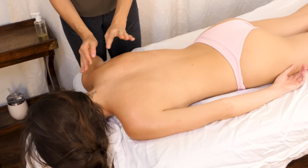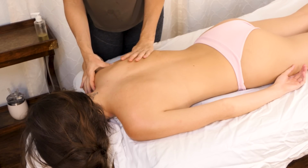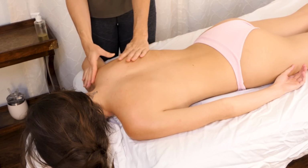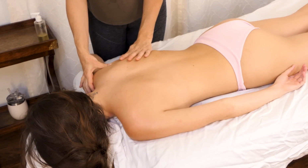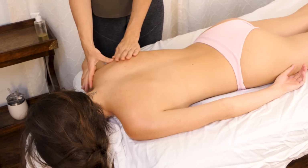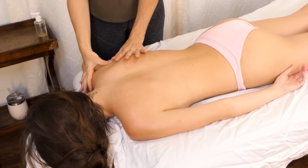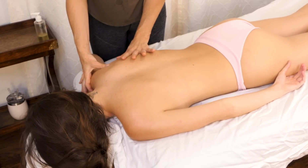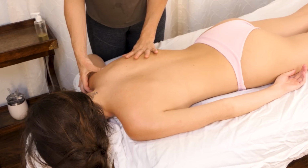To make the muscle a little bit more taut, you can actually use your opposite hand. And this is an area where you need to use a moderate amount of pressure to get anything done, just because it's such a thick muscle that you can't really do super light work here and get a whole lot done. That doesn't mean you have to use like max pressure, but